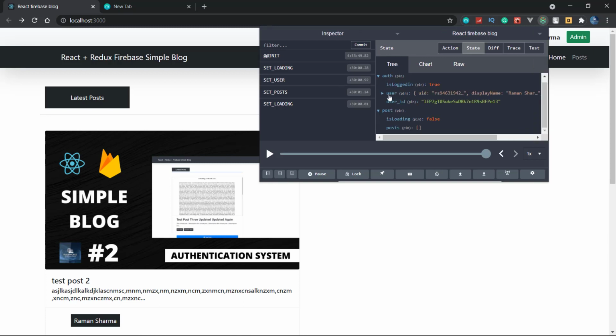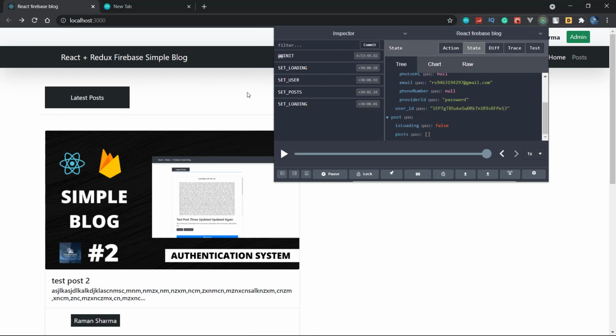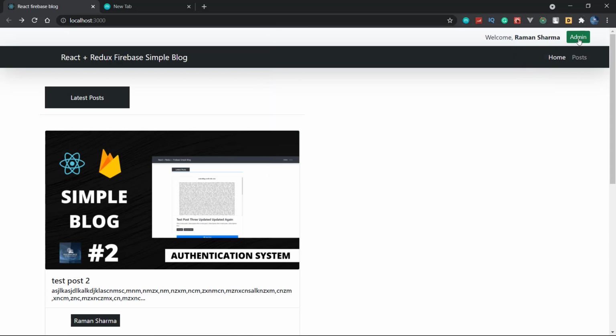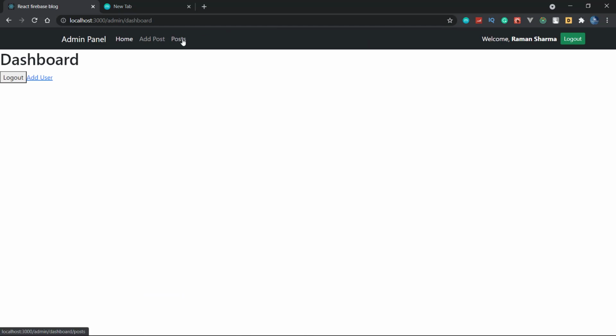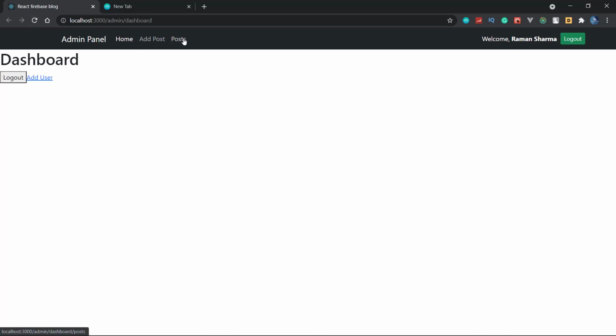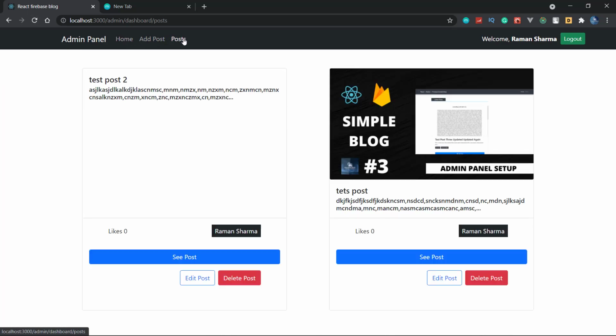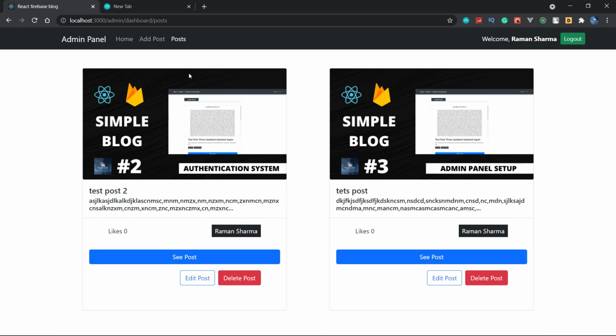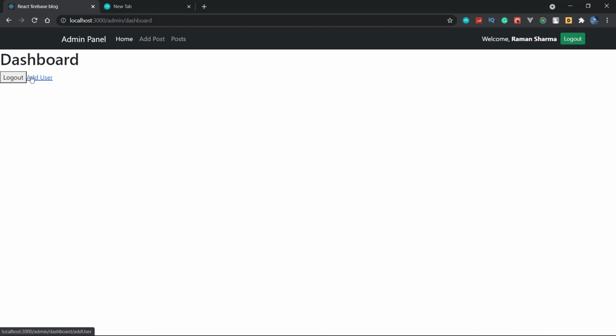I don't know why we are getting the post as null. So let's go to the admin panel. Here the post. So actually no posts are found. Posts. We are getting the posts here, and now let's move to the home page.